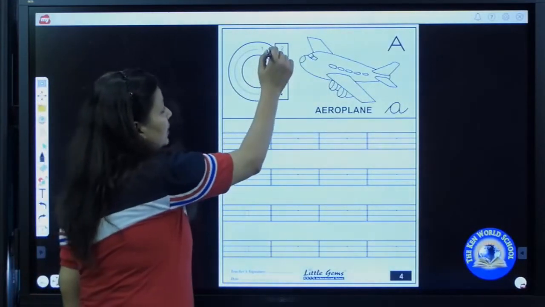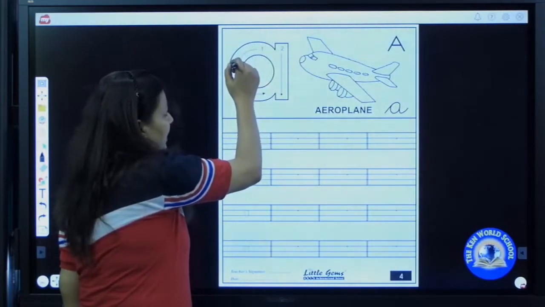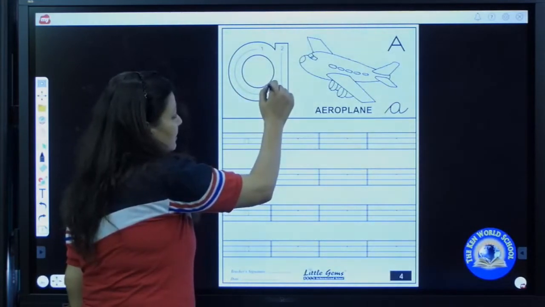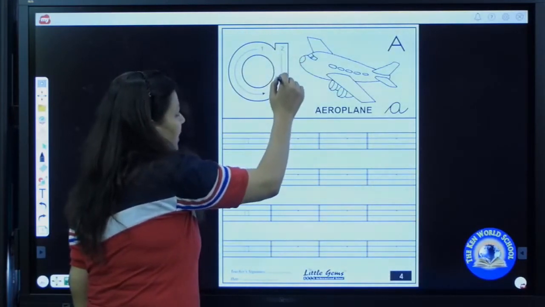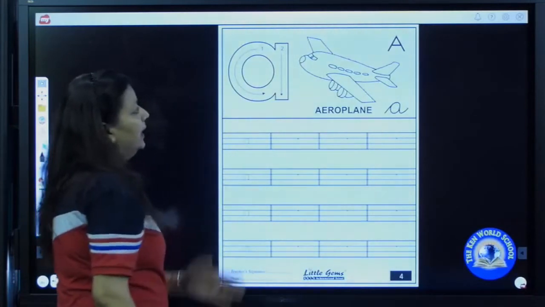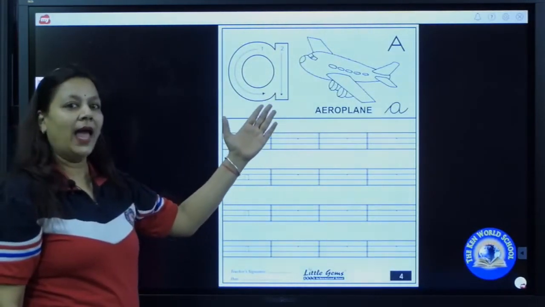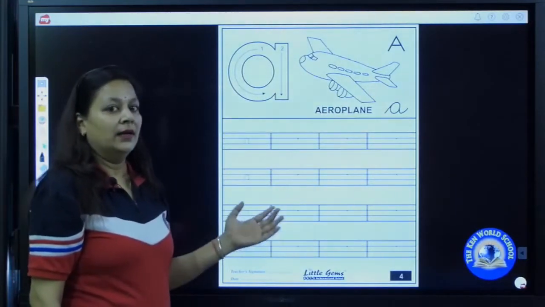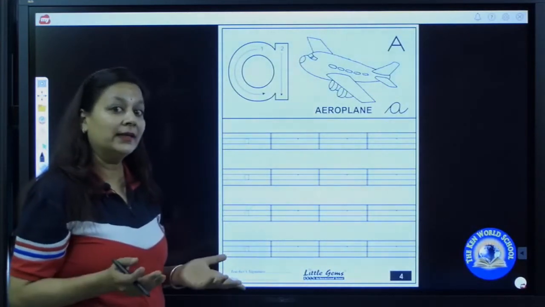We put our pencil on the middle line, then make a curve from the left side till the baseline. Now go up to down, standing line. A says /a/. A as in aeroplane.